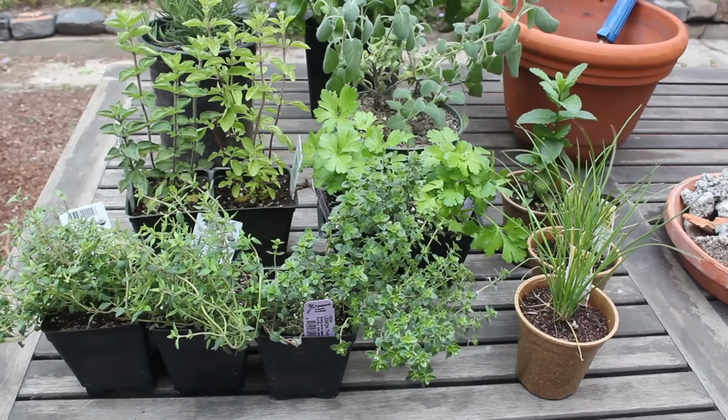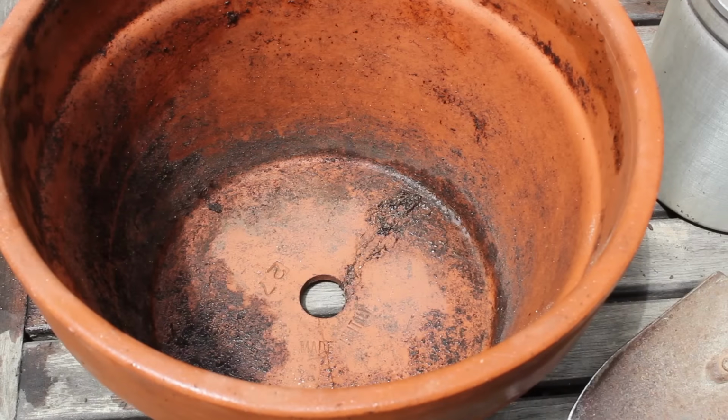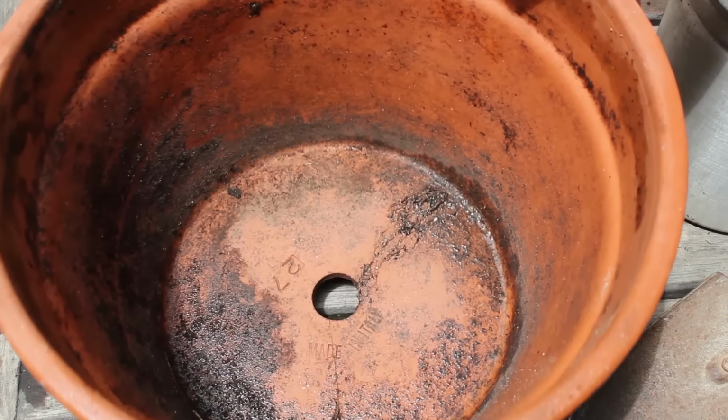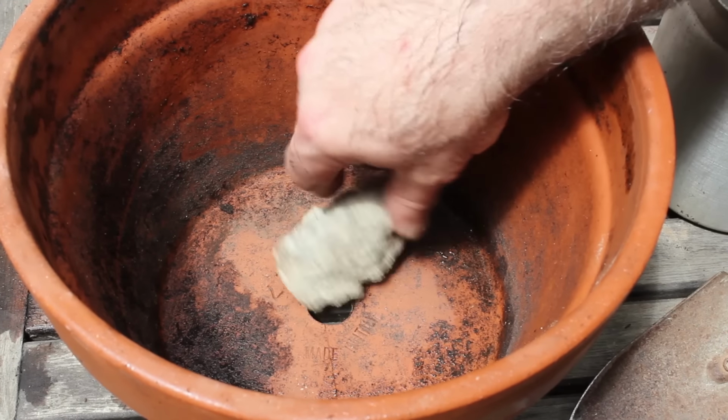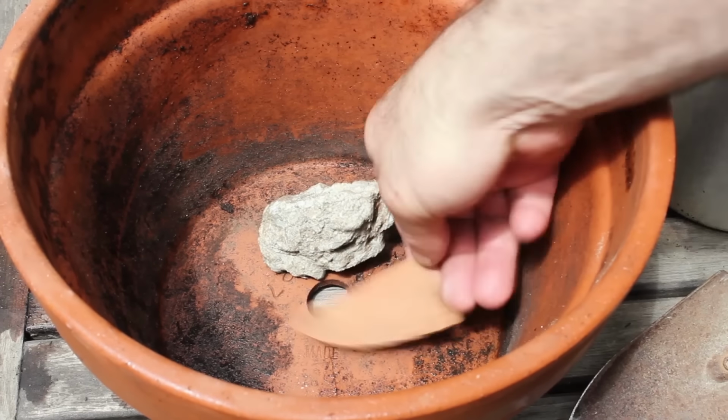So first thing here, if you're going to reuse a pot, which I am, we want to knock out or rinse out all the old dirt. We don't want any mystery plants popping up. And then, because herbs really like good drainage, we'll place some rocks or broken up pottery at the bottom of